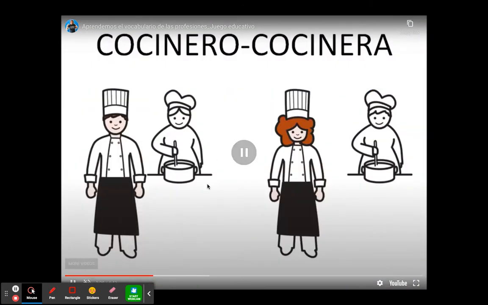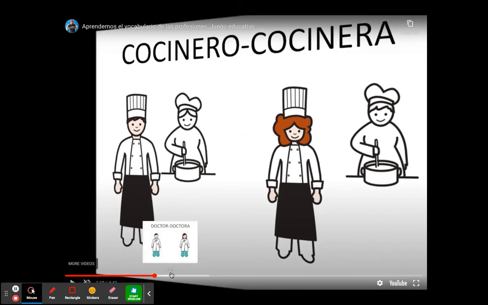The next one you're looking at is cocinero, cocinera, chefs or cooks. Escribe la palabra y dibuja. Muy bien, mis amigos. We have about 2 or 3 left. All right, the next one we're looking at is